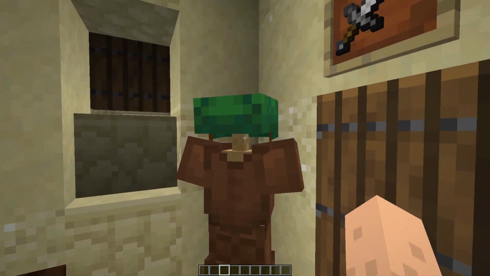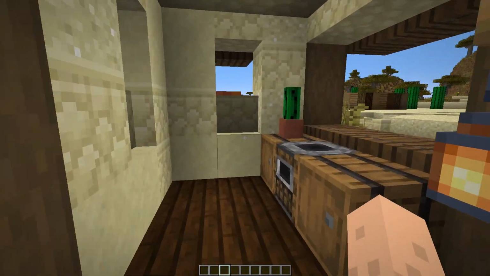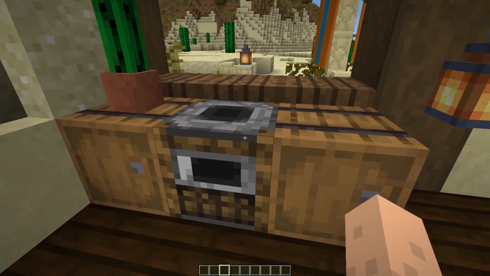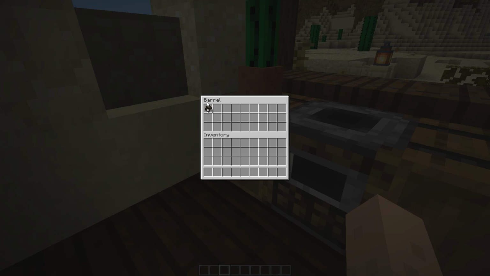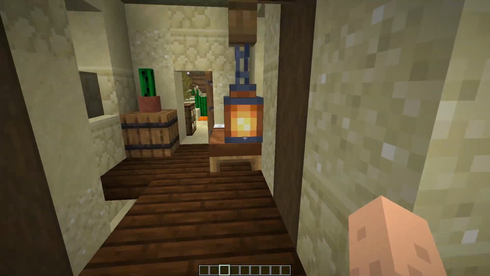So you have a little armor stand, you have some tools on the walls, you have a smoker, yes, but of course you can have a normal furnace instead if you want. You have some storage here in the barrels for coal and food right next to the smoker. And if we go upstairs, we have a little bedroom